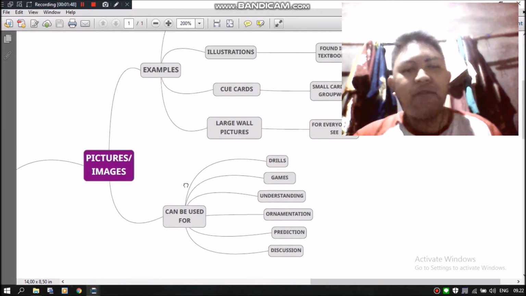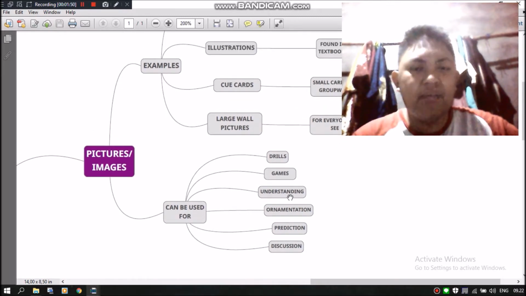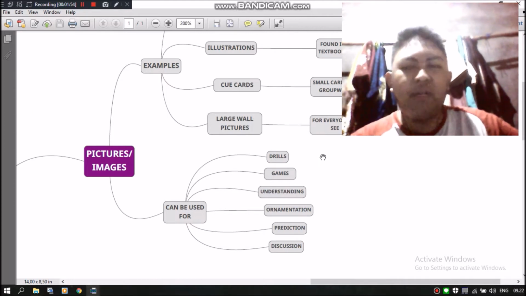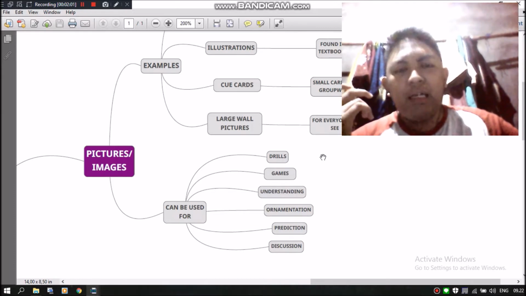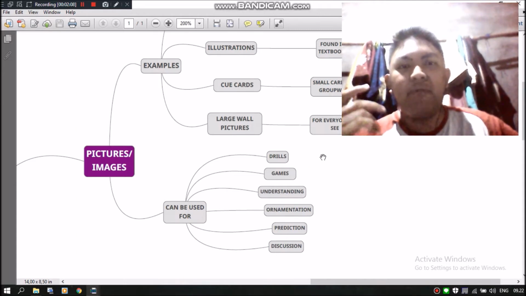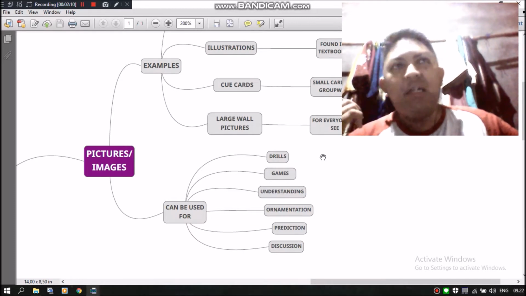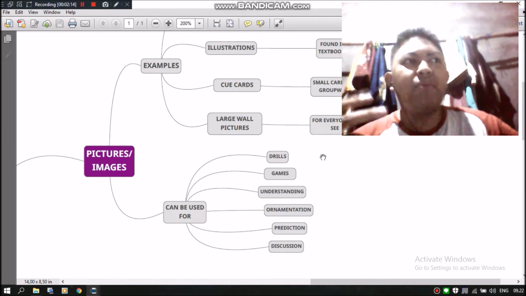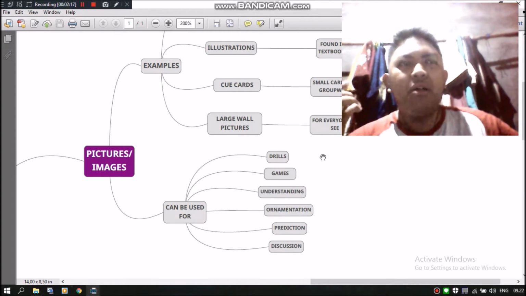And as for the function, pictures and images can be used for drilling. For those of you who don't know what drilling is, it's mainly a method of teaching where the teacher repeats a word until the students understand or are familiar with the word. For example, when we implement the pictures and images, the teacher shows the whole classroom